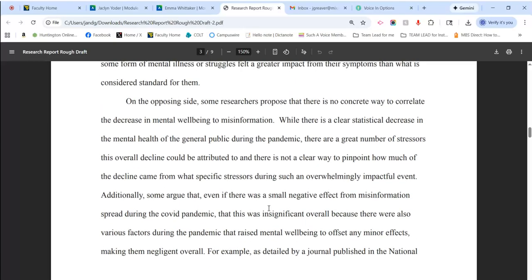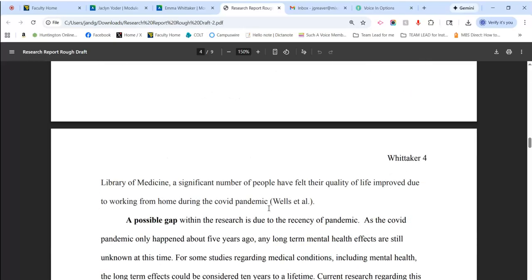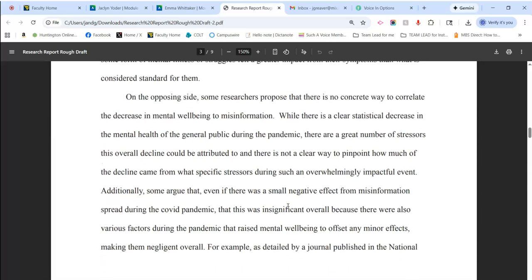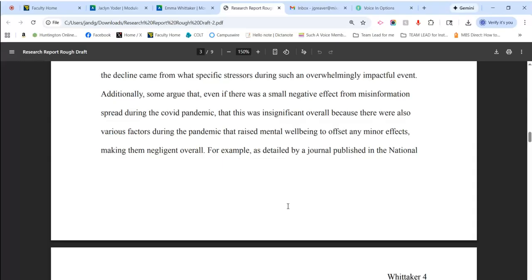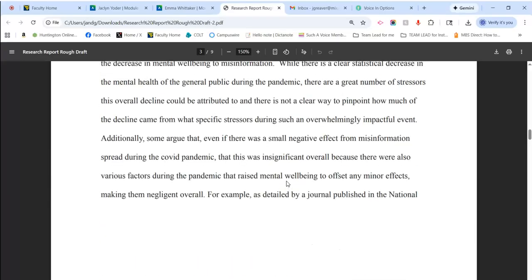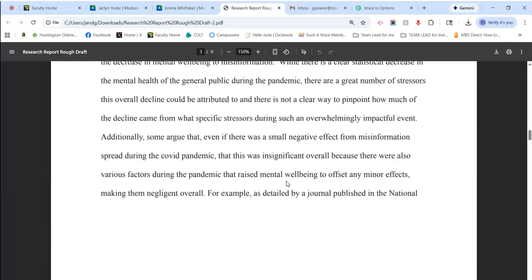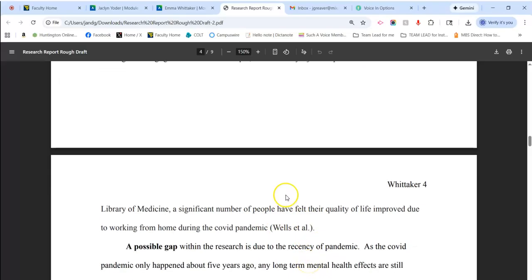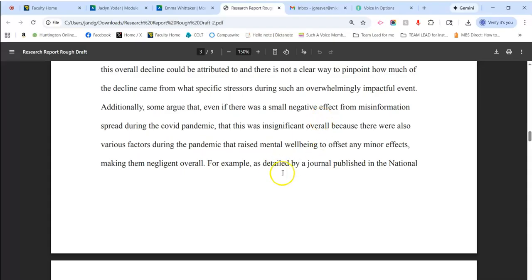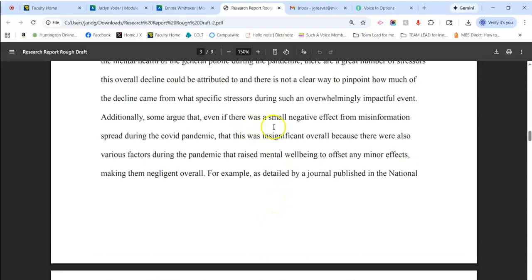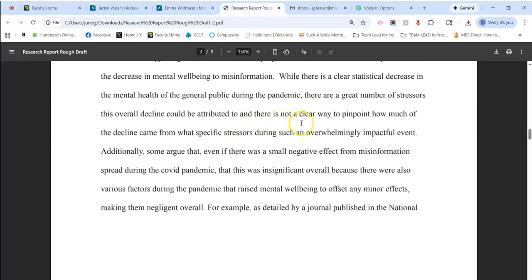Okay, good discussion of the author's side or opposing side. Now, try not to end an entire paragraph like this. You don't want to end a whole paragraph with a citation, because what does that look like? To your teacher, to me, it looks like it's possible that this entire paragraph came from that source, and obviously that wouldn't be good. You've got to have your voice in there a lot more than the source material. So obviously that's not the case here. I'm sure that this is not all from that source.